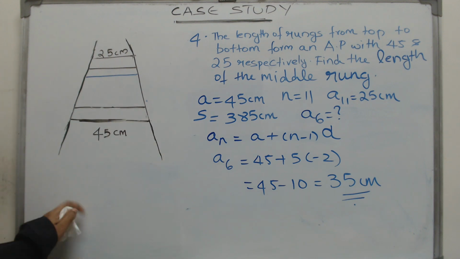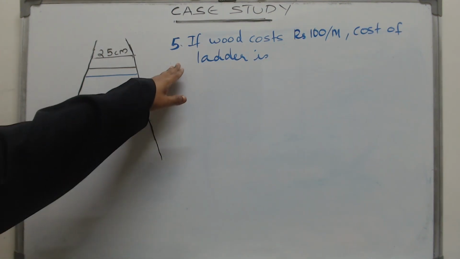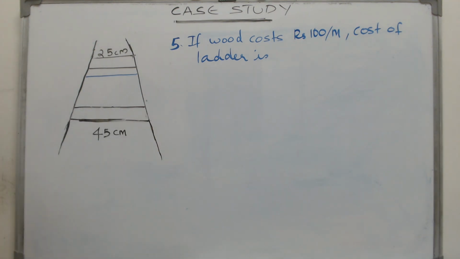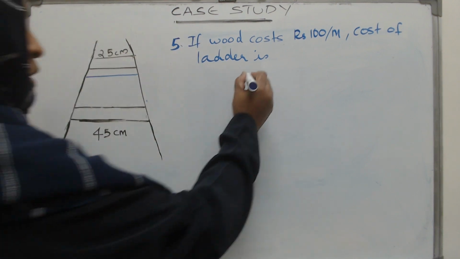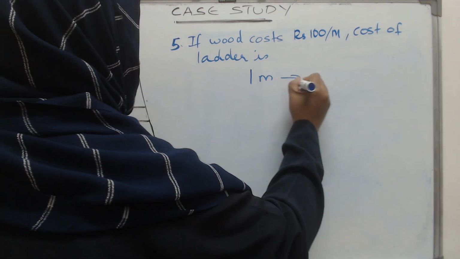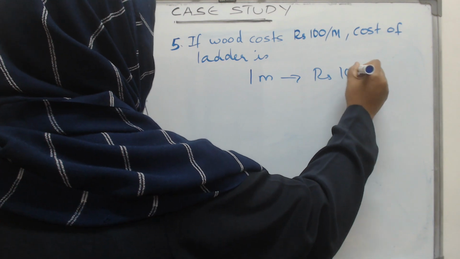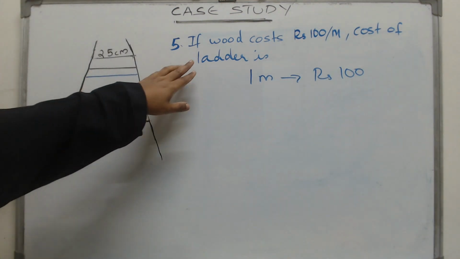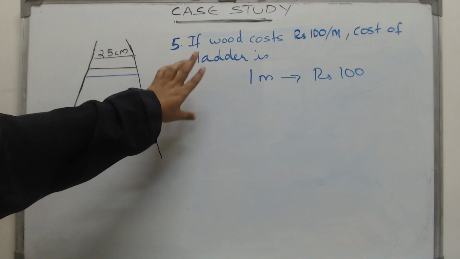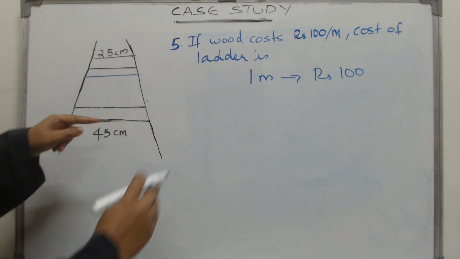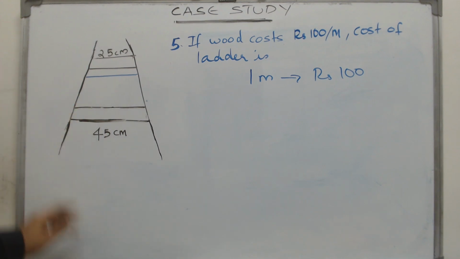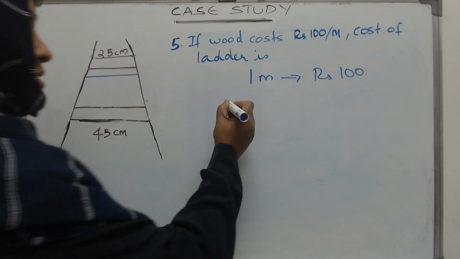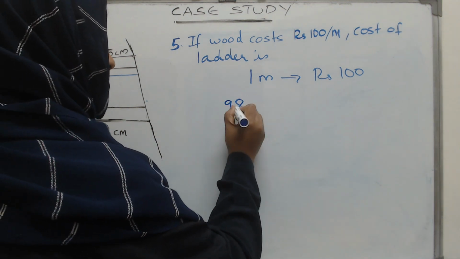Let's go on to our final question. So there we come to our last and final question. Here the cost of wood is given, and what is it? For 1 meter it costs 100 rupees. Now our question is, what is the cost of making this ladder? The whole ladder, the steps and both the sides, everything together. Do you remember how much wood was needed? I think it was the third question. We found out that we needed